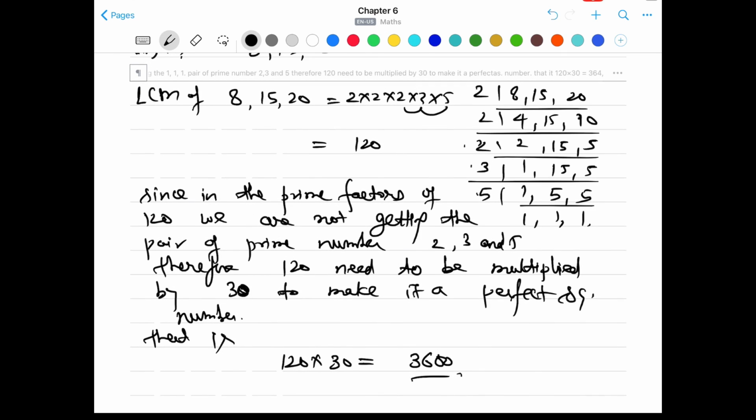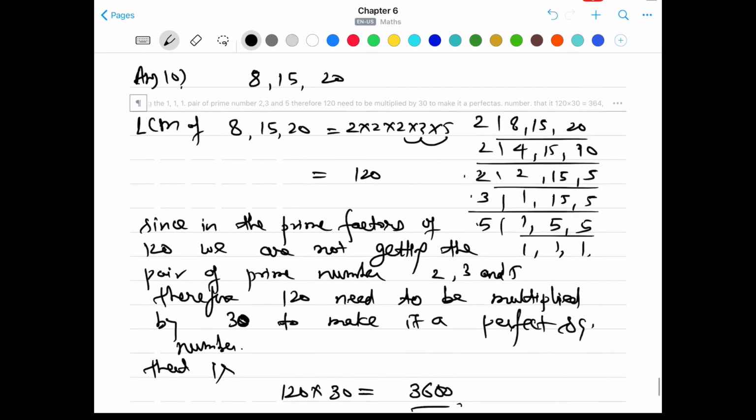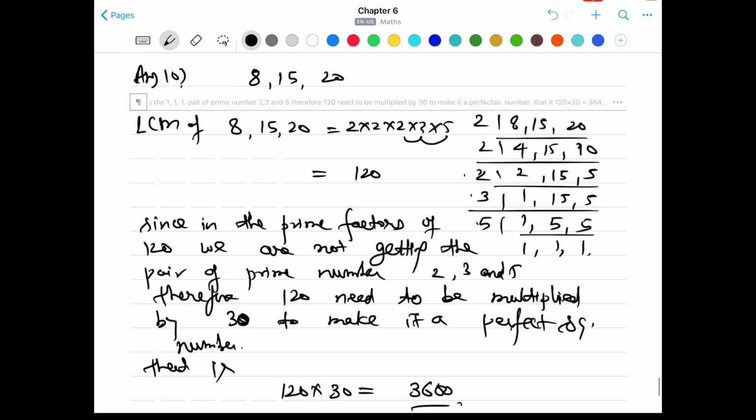So with this we have concluded all the questions of exercise 6.3. Okay, so I hope you understood all the questions. Now you have to practice all these questions multiple times so that you will be able to do it in the exam also, and you will understand the concept easily. Okay, so that's all for